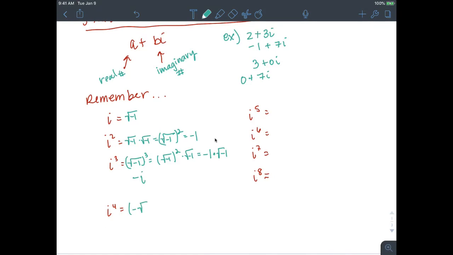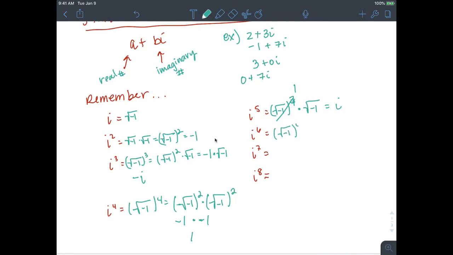Okay? The square root of negative 1 to the fourth power is like the square root of negative 1 squared times the square root of negative 1 squared. The square root of negative 1 squared is negative 1, so negative 1 times negative 1 is 1. That's amazing. Okay, so i to the fifth power, we can break that up as the square root of negative 1 to the fourth power times the square root of negative 1. That equals 1 times i, so we just get i. i to the sixth: the square root of negative 1 to the fourth power times the square root of negative 1 squared. That equals 1